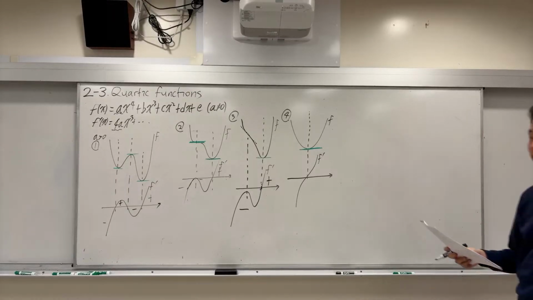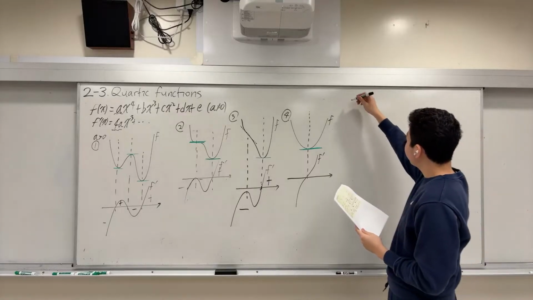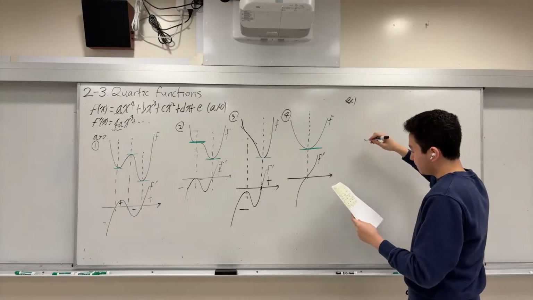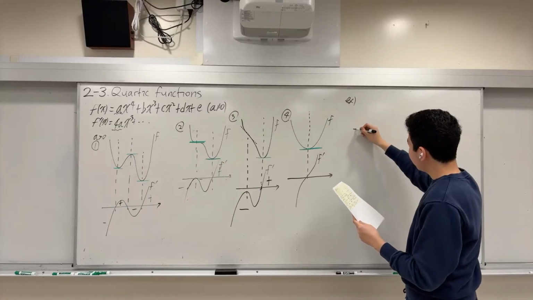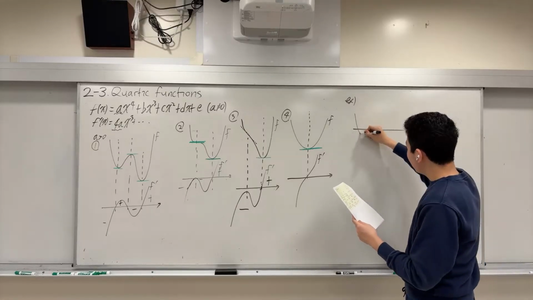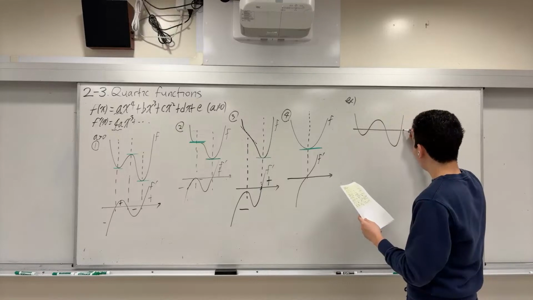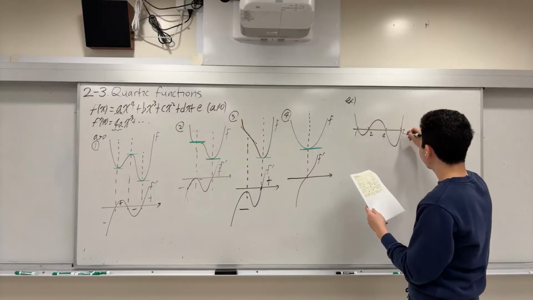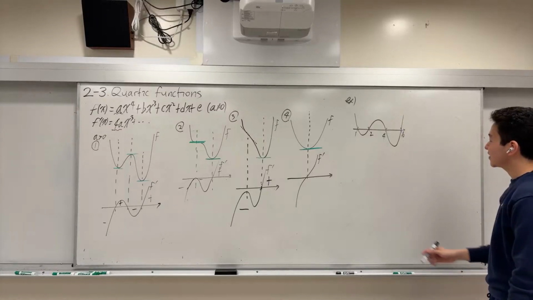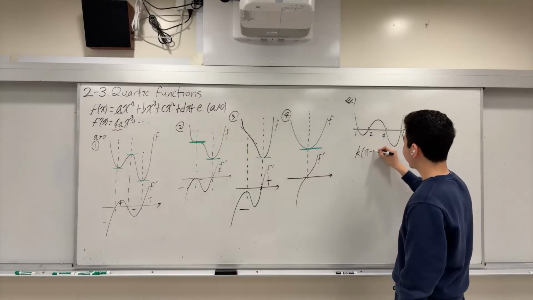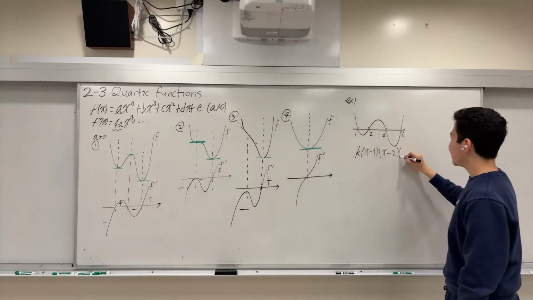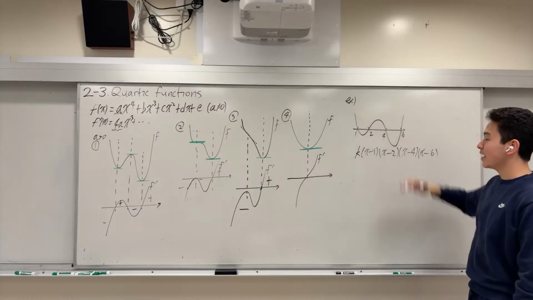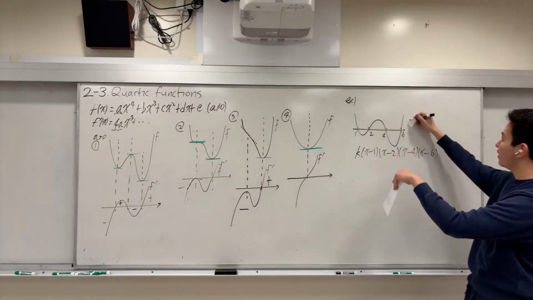Before I talk to you about the geometric ratios, let's practice setting up some quartic functions. How about this? If we have a quartic function like that and we're given all the roots, 1, 2, 4, 6, then we can simply set it up as k times x minus 1, x minus 2, x minus 4 and x minus 6,